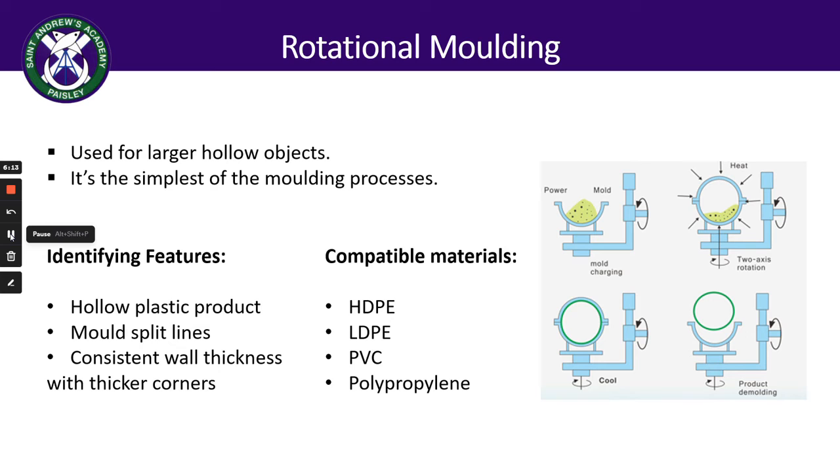So rotational moulding is used for large hollow objects, and this is the simplest of the moulding processes. So plastic powder is weighed out and placed into the mould, and you can follow this on the image shown here. The two halves of the mould are then joined and sealed, shown in this second stage of the image. The mould is then heated from the outside to start to make the plastic powder melt, and it's then rotated